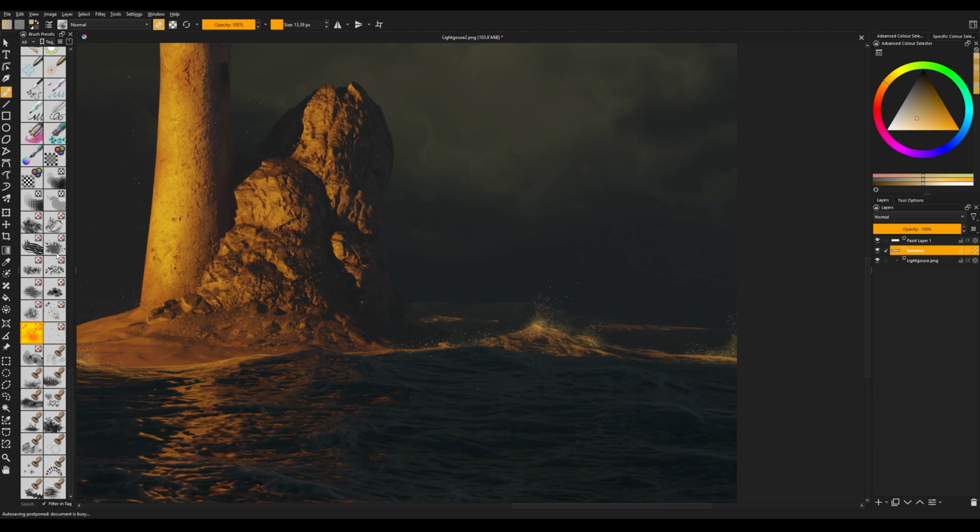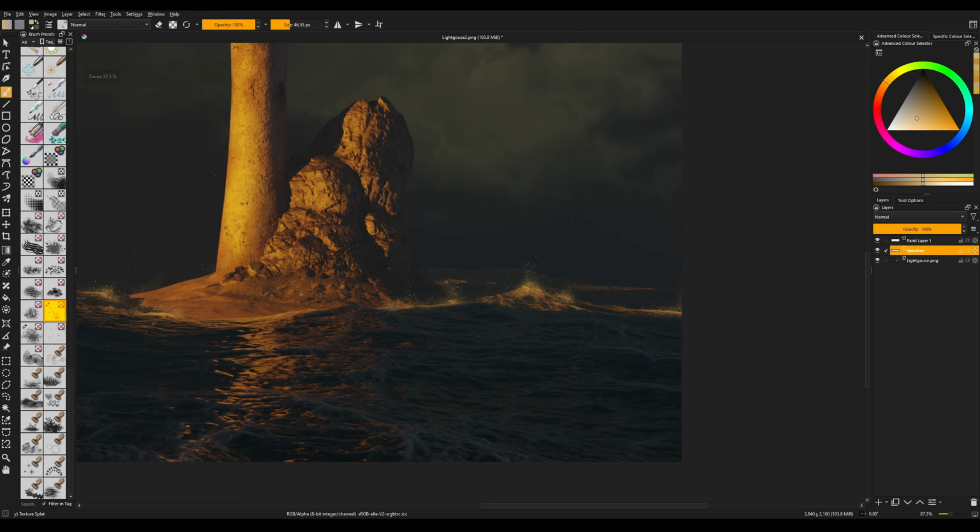So I use a brush to paint splashes from the waves, and at the same time I use an erase tool to make this painting transition softer, to make it look like this foam and splashes really occur from these waves. In general, all painting details are a continuation of what I created in Blender.